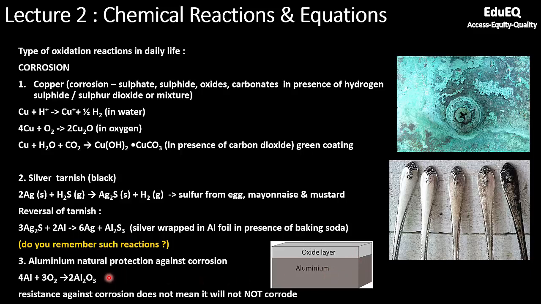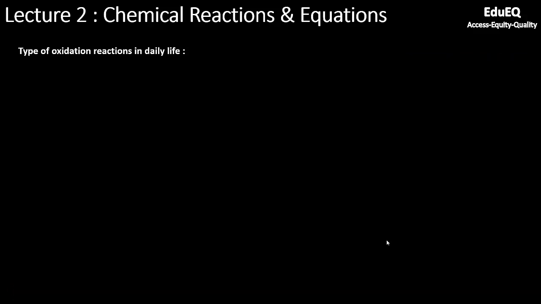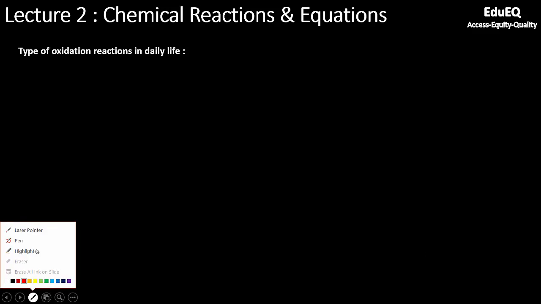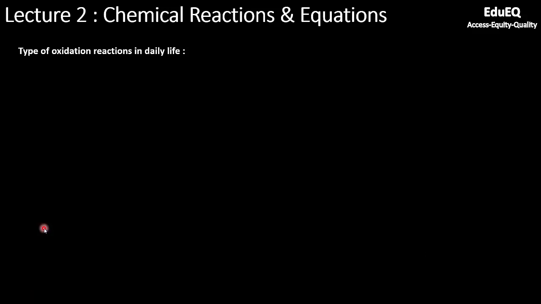It's similar to alloying with chromium. When we were putting chromium in stainless steel, chromium was forming a passive layer of chromium oxide. Similarly here, the aluminium metal itself forms a passive layer on top of the pure metal, and it prevents further corrosion. Okay, so now coming to another type of oxidation reaction,